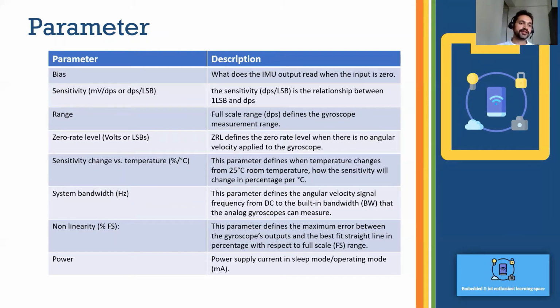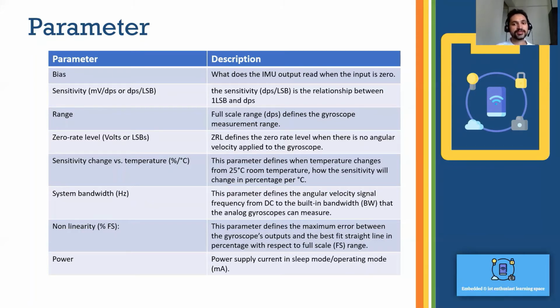And the next thing is the sensitivity. What is the sensitivity of the gyroscope? The sensitivity is basically the degrees per second per LSB. We have an A to D converter, and the resolution of the ADC gives more granularity with respect to degrees per second.